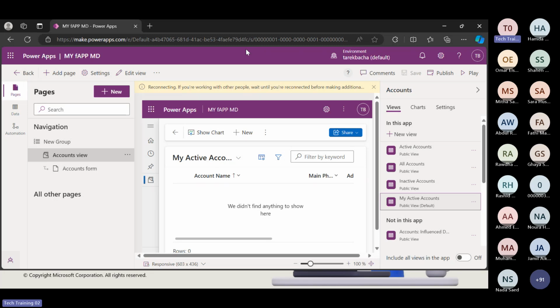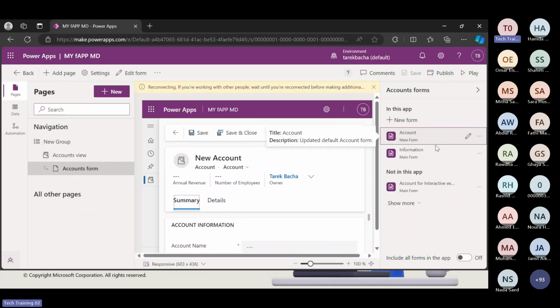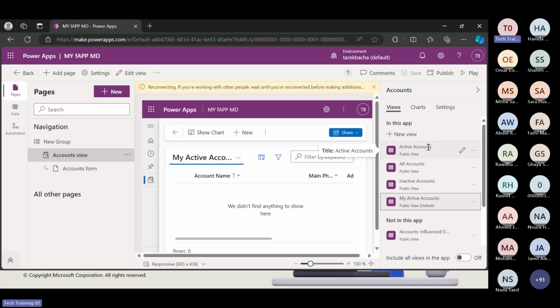I save my application. And now I will go to add another page here. So first of all, I add a page called account and I customize it. The account has a view and form. I customize the form and keep two forms, account and information. And for the account views, I keep active account, all account, inactive account, my active account, by clicking on the three dots